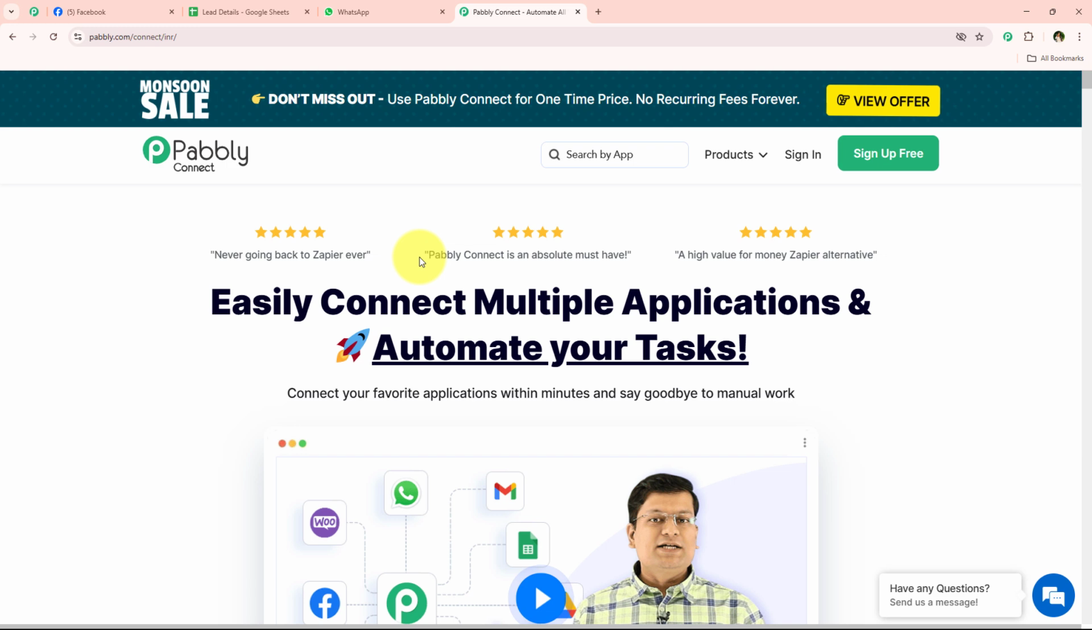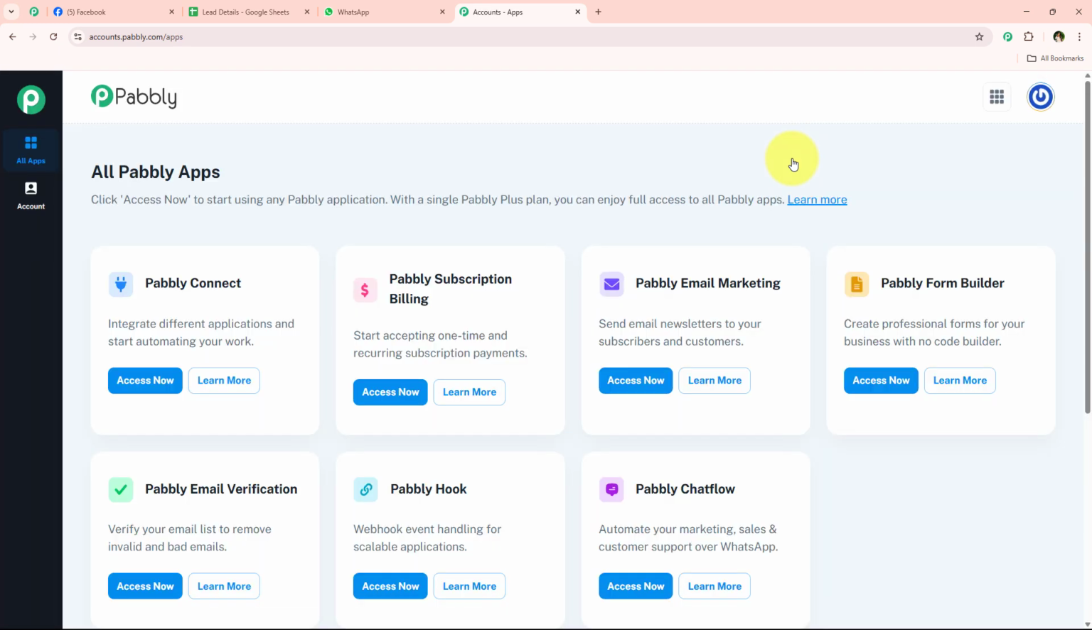But over here I'm an existing user, so I'm simply going to click on this button which says sign in, and once I click on this sign in, it is opening all Pabbly apps and over here we're going to see all the tools and applications offered by Pabbly. But in today's video we are going to use Pabbly Connect because we are connecting different applications. So I'm simply going to click on this access now right over here to access my Pabbly Connect account,